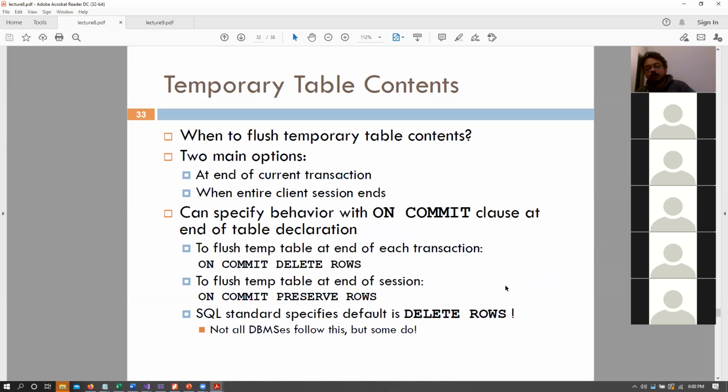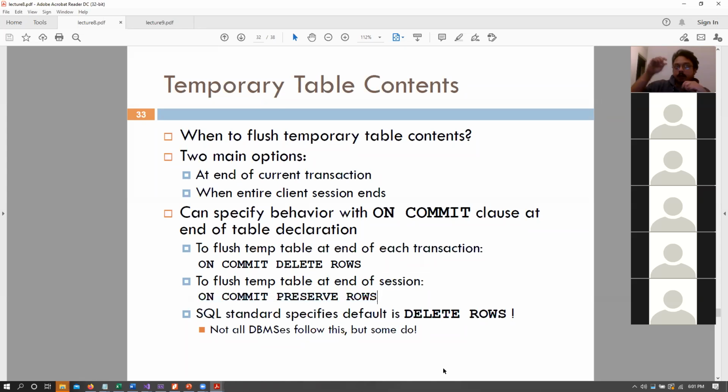Okay. Flushing the contents of your temporary table. So you can say that we can write the data back or delete the rows once the session is complete. We have two options, basically: on commit delete rows. So that is after the end of your transaction, the rows get deleted. Or you maintain the rows after each query, but you want to maintain the rows for your entire session. And once the session ends, you want to delete that table, right? So for that, you would say on commit preserve rows.